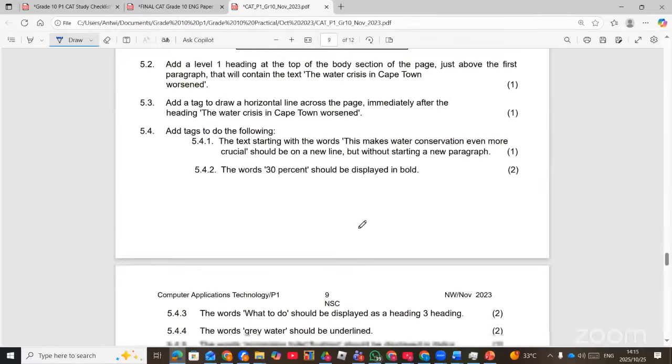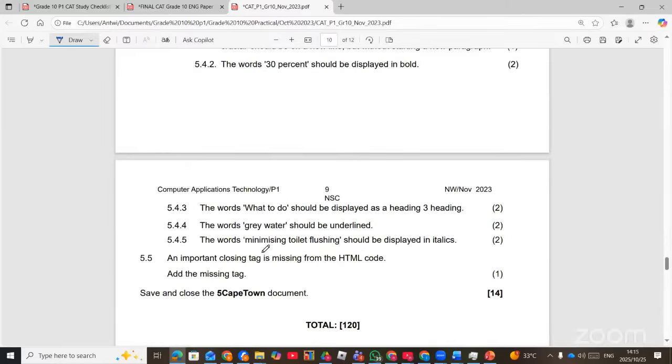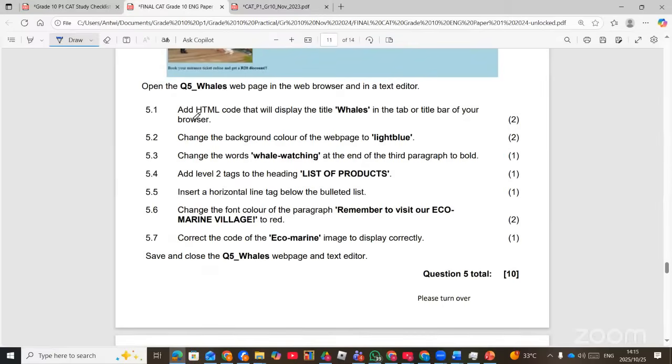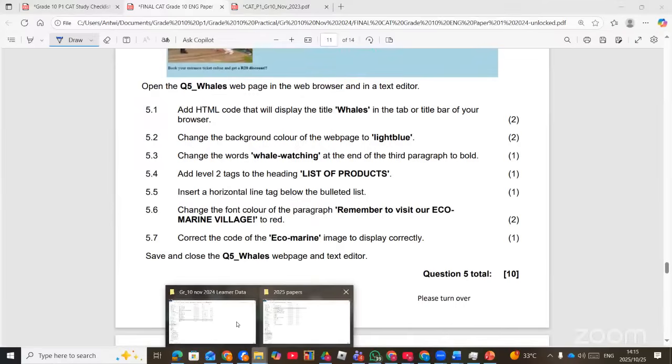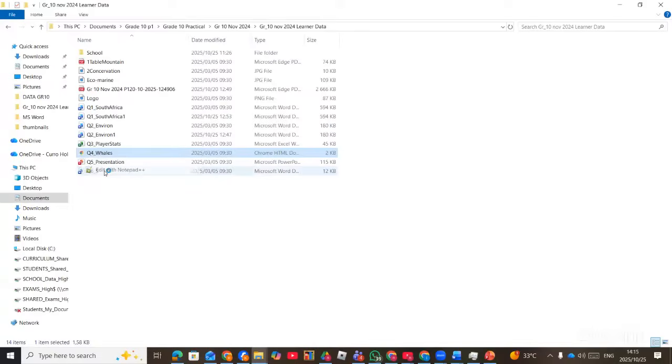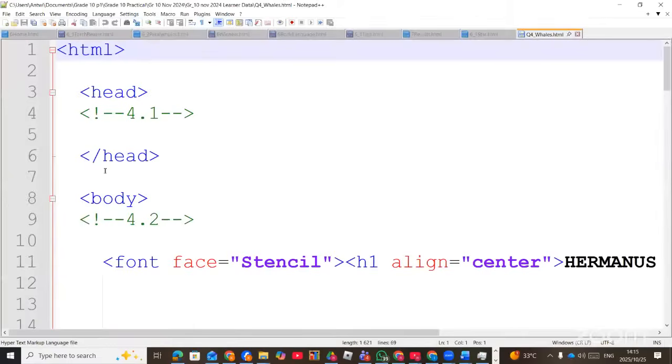You see 2023, there were a few questions underlined and others, 15 marks. Now, this one, it says, we must open the Q5 Wales and you right click, and then you must choose edit with Notepad++. And I know most of grade 10 are going to struggle with HTML because it's the first time you are doing it. You right click and choose edit with Notepad++. Now, when you go there,